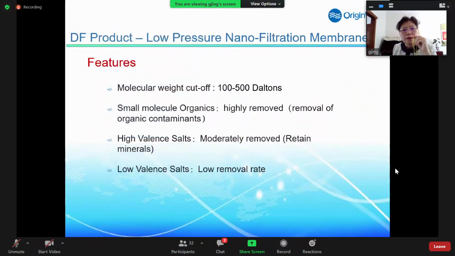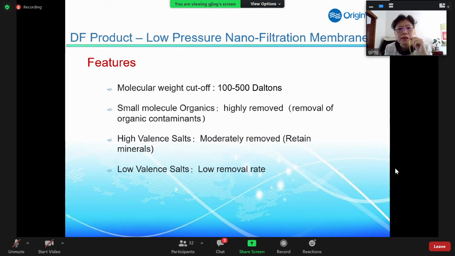So in order to get very good quality water for our drinking purpose from really dirty water at level 6, we developed the nanofiltration membrane. Normally, nanofiltration membrane can be used in many areas for water reuse. But we developed a membrane for a different purpose.